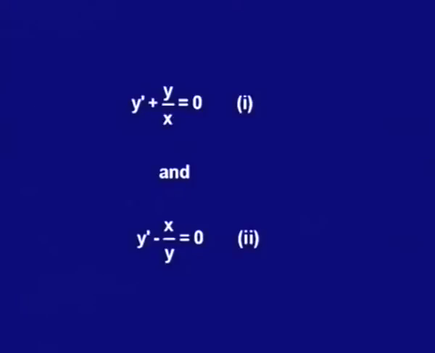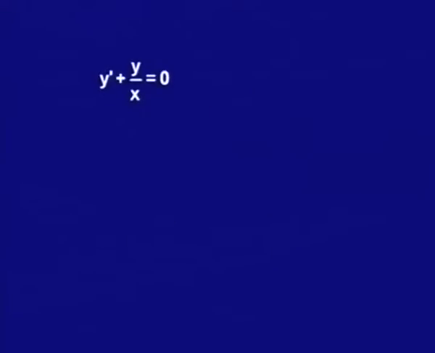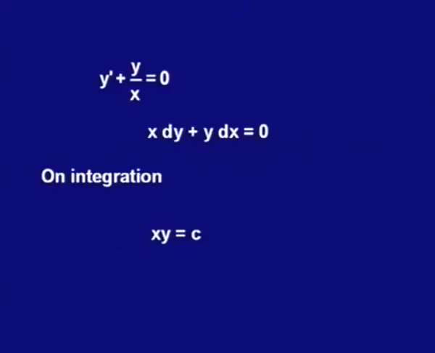Now, we will find the solutions of these equations one by one. Let us consider the first equation first. The equation y dash plus y upon x is equal to 0. Now, y dash is dy over dx. We would use the method of variable separable. So, we can write it as x dy plus y dx is equal to 0. Now, integrate on both the sides, we get xy is equal to c. This is nothing but the derivative of x into y. So, the right hand side would give me the constant c. So, we have got the solution of the first equation.